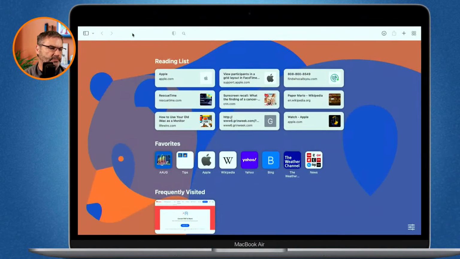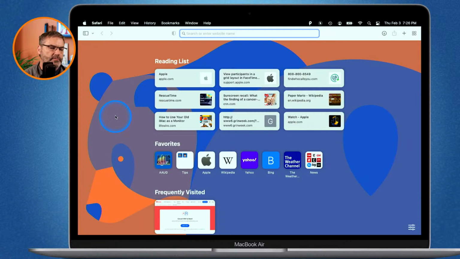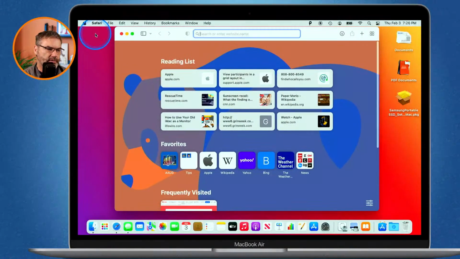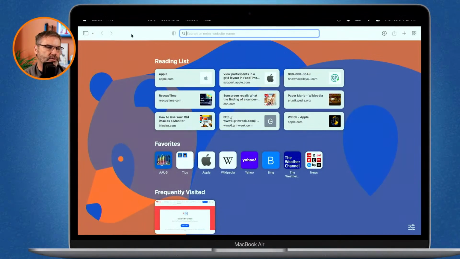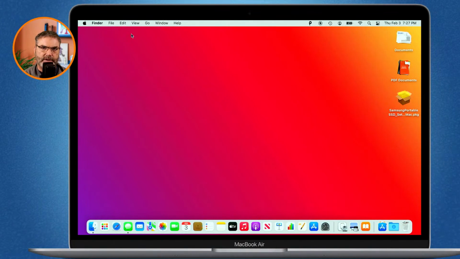It goes into full screen. And when you quit out, it'll remember this state. So don't put it back into windowed mode. If I put it back into windowed mode and I quit, it's going to open back up in windowed mode. But if I go full screen and now I quit, so I'm no longer in Safari, and we go back,